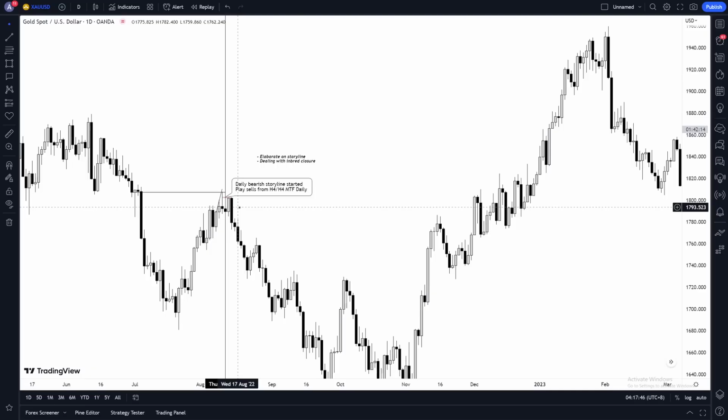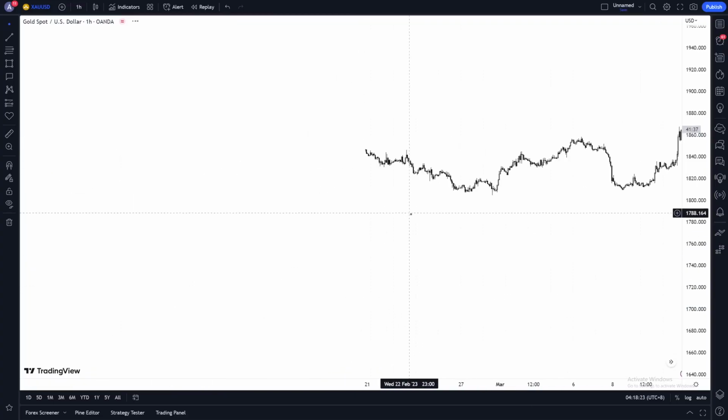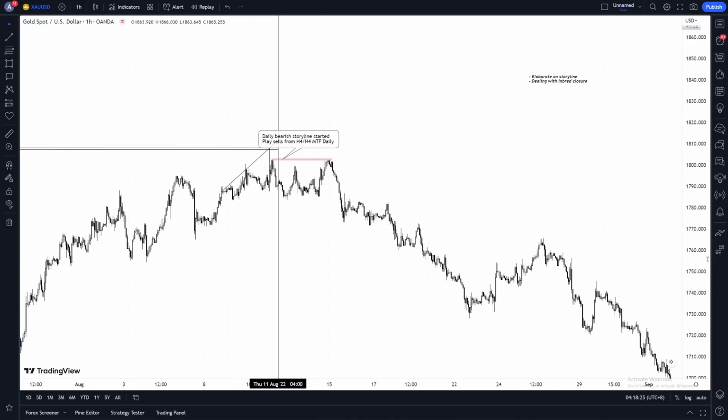Why? Think about this. Even if it closes a daily bullish storyline, let's say it was daily bearish and then it switched up in here to daily bullish, why wouldn't it be too wise for me to place a buy? The answer is because we are literally in a monthly bearish area. It's not too wise. Doesn't mean it can't break, doesn't mean it can't violate. It has done that before, but it's not too wise for us to look for daily buys when we're in a monthly sell zone. You see, these are the experienced, subjective thoughts that come into my mind when I'm teaching you guys these things. You may not like it, but it's the truth, so I don't care whether you like it or not. That's how I learned it.